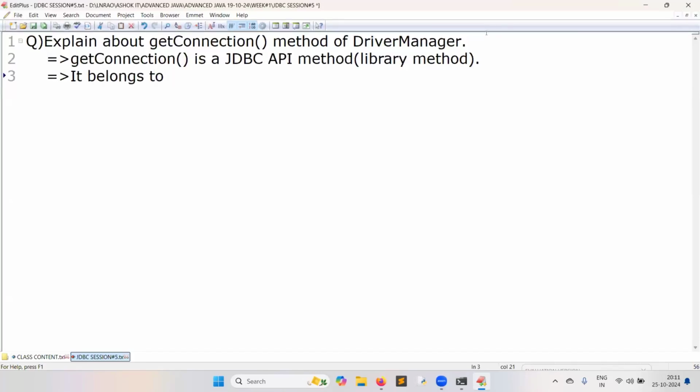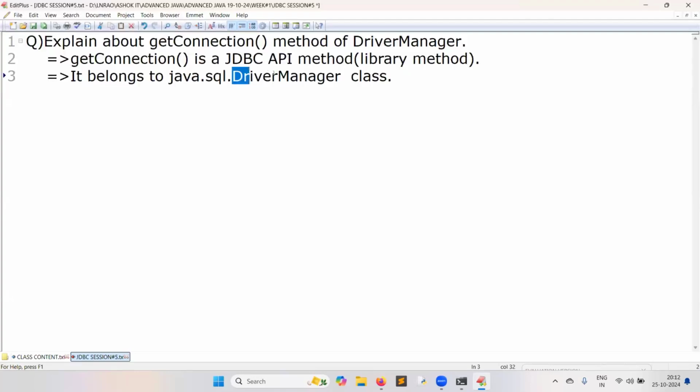It belongs to the java.sql.DriverManager class. getConnection is a library method, meaning a predefined method. This method belongs to which class? The DriverManager class.